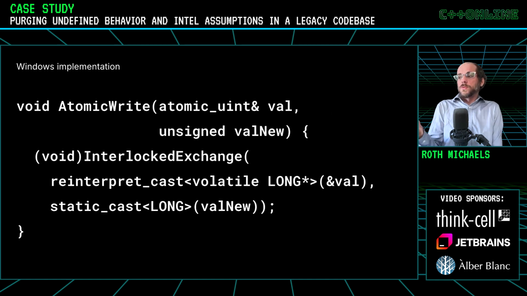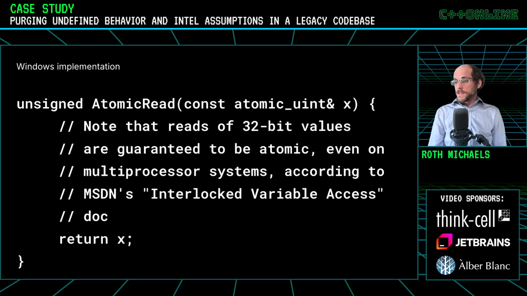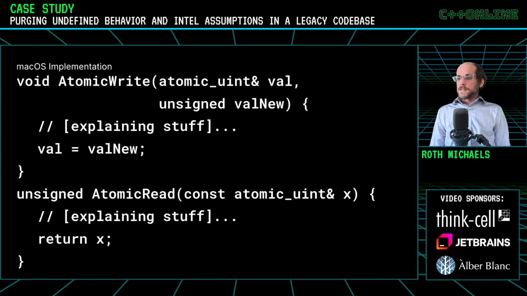In Windows, there's a reason why this is volatile. These are basically the instructions: if you want to do an atomic write, you use this interlocked exchange function. The documentation says that 32-bit values are guaranteed to be atomic, and so return this. Then the Mac OS implementation did no special stuff. There was just a bunch of comments explaining things. It might have been from the early Apple Intel years, though from the commit date I think it might have been from the PowerPC era, saying that on some forums it says this is atomic and just do this.